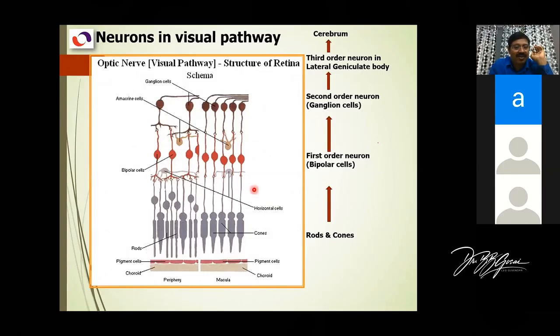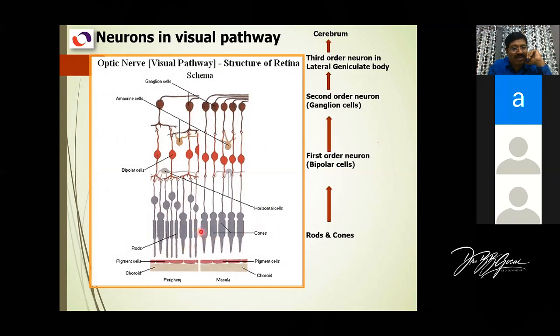And this is the nervous layer of the retina. There are different types of cells in the nervous layer. So the light travels through the whole retina and falls on the pigment layer and then is scattered. Clear? Then it stimulates these particular cells. These cells are the rods and the cones. Clear?